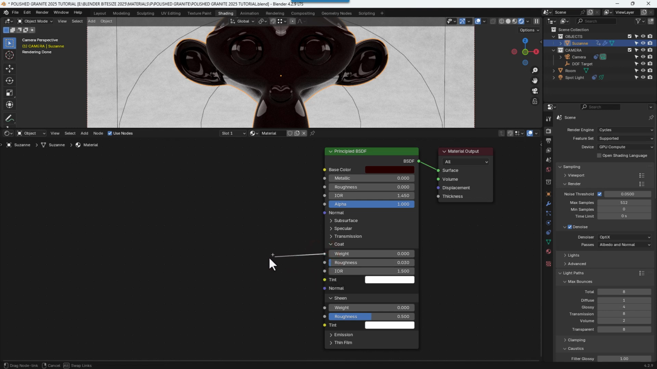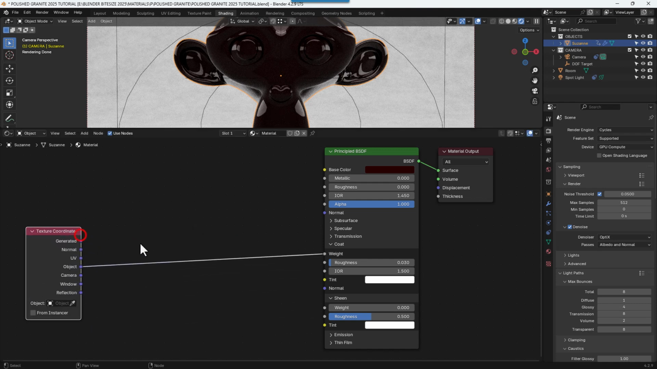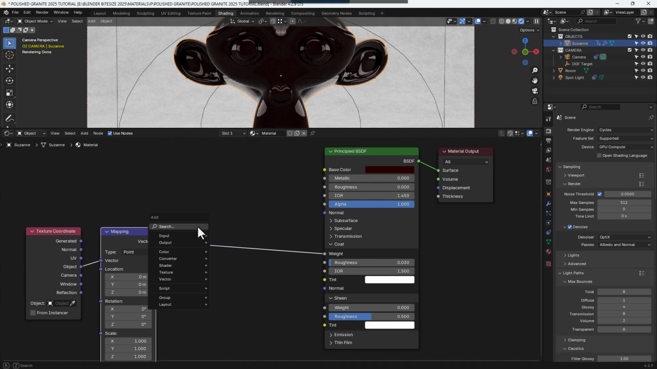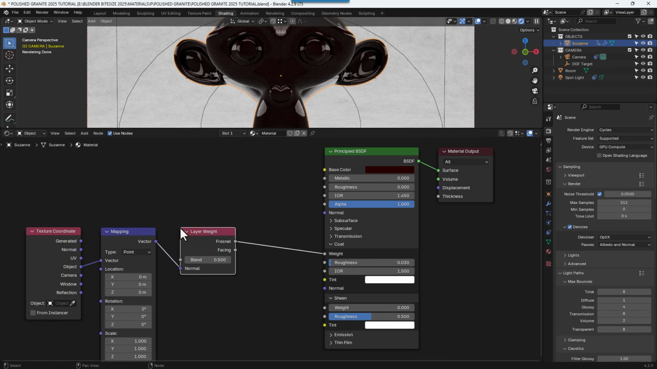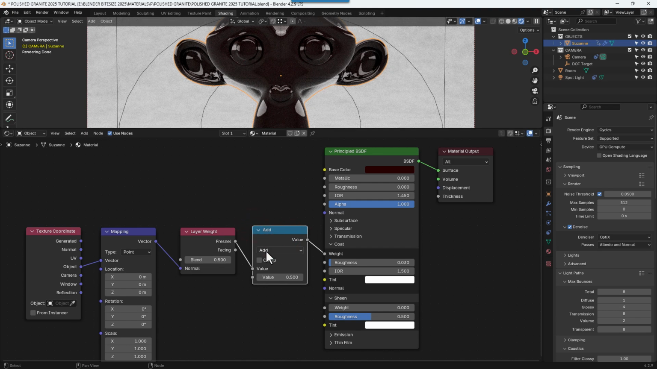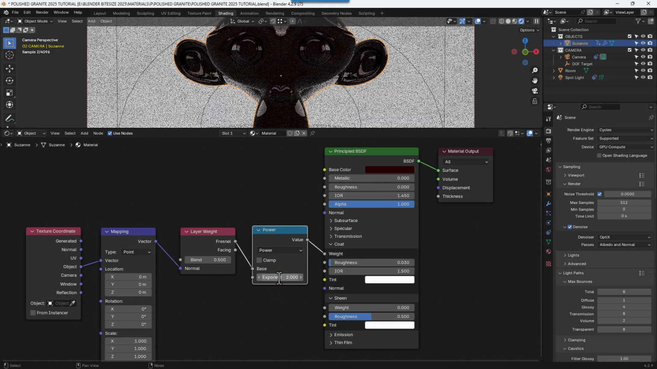Next up, we're going to drag out a connector from the weight of the coat and search for a texture coordinate using the object output. Then we're going to add a mapping node in between those, connecting the object output of the texture coordinate to the vector input of the mapping node. I'm then going to add a layer weight node between those two, followed by a math node, which I will set to power, change the exponent to 2,